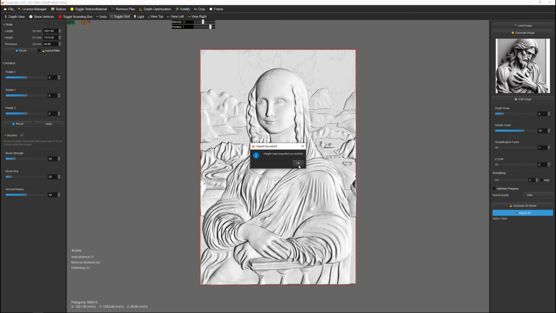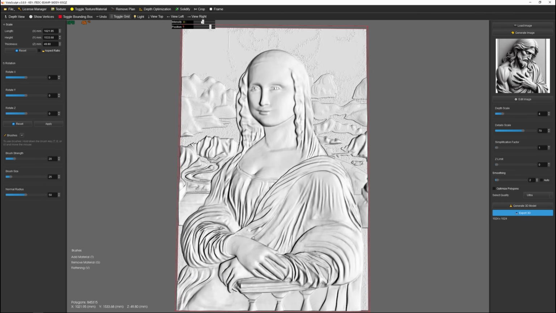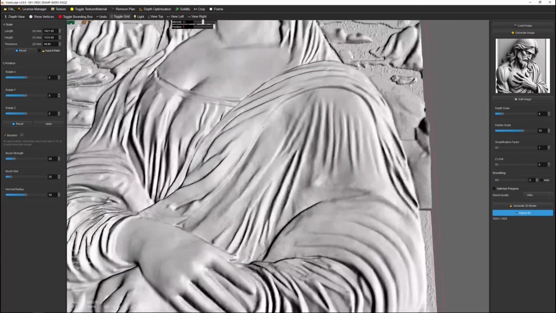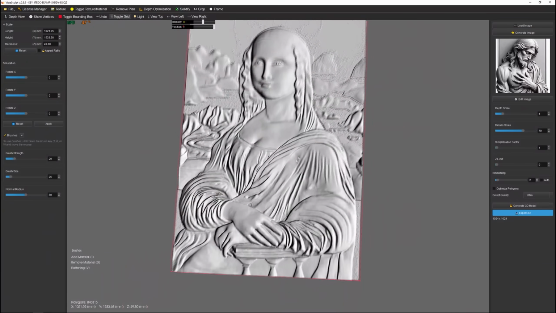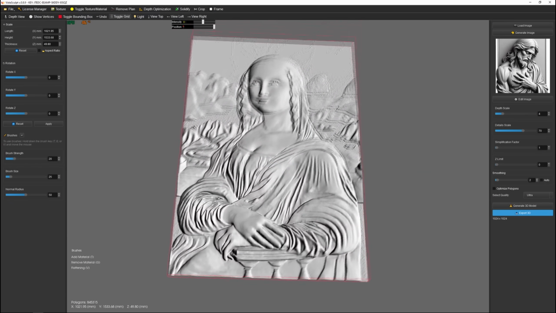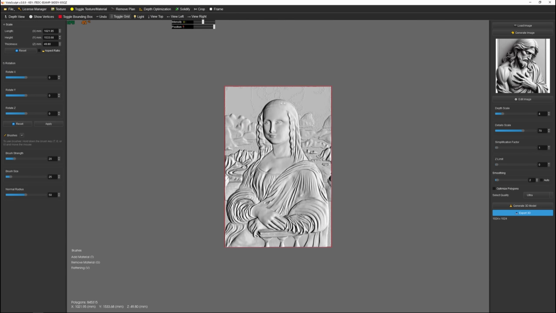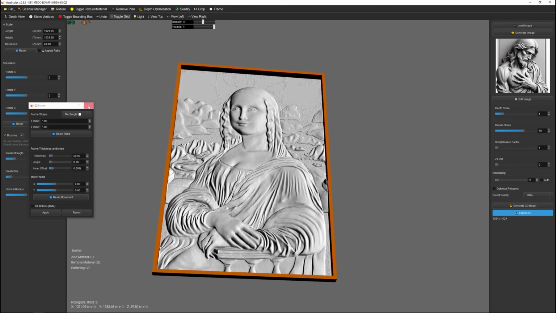Obviously, it's going to take a little bit longer to load because it is heavier, as expected, because it is higher resolution indeed. So as you can see here, the mesh is a lot cleaner on the dress, on the face. Most of the noise has gone and it is overall improved across the board. Obviously, we can now start working on this 3D model, applying frame and doing all the things that we do